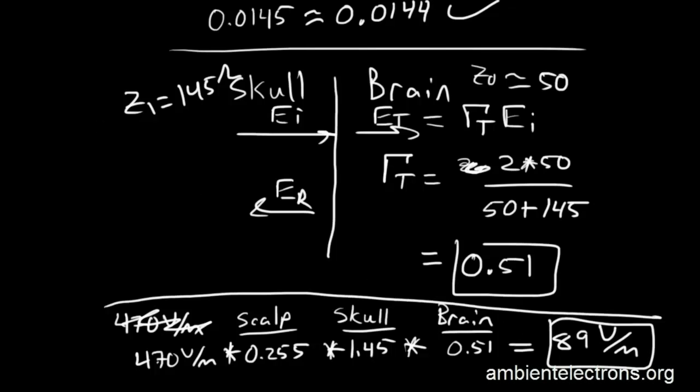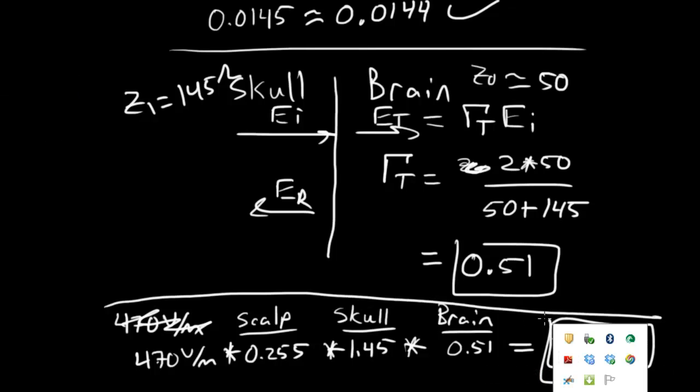Almost there. We're going to take this 89, oops, let me get a different color. This 89 volts per meter, that made it into the brain, and see how that dissipates. Let me get a new sheet here. Scroll back up. I guess I have plenty of space at the top, so I'm just going to start up here. So we had 89 volts per meter, and we want to find how does that decay in the